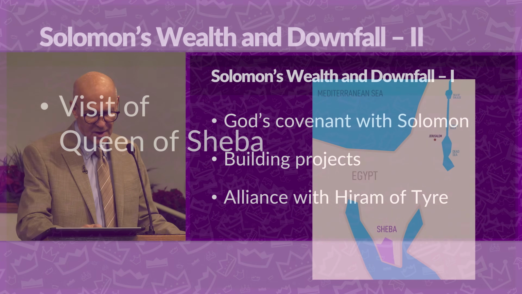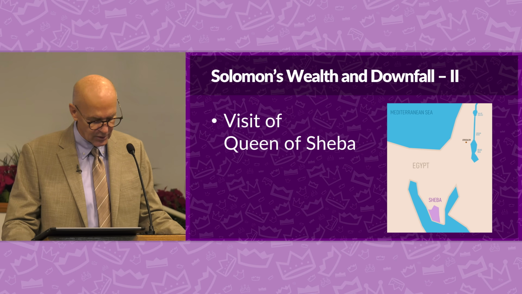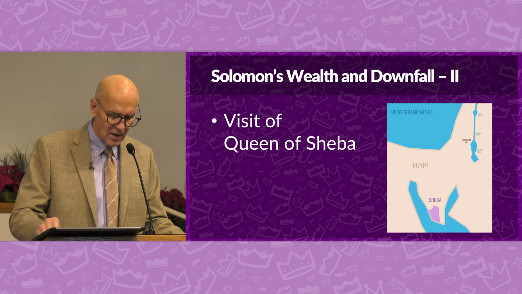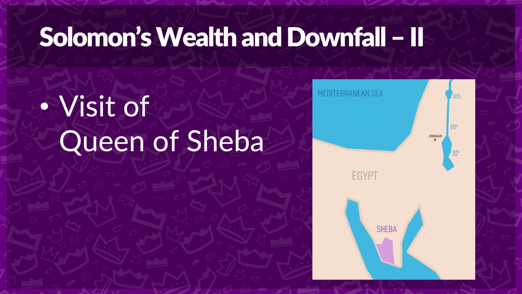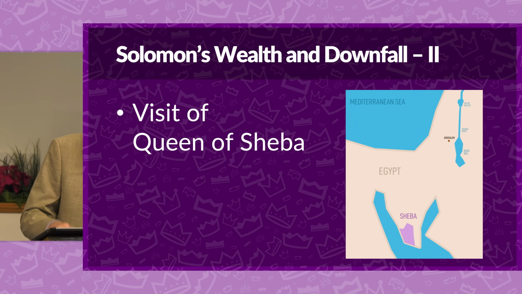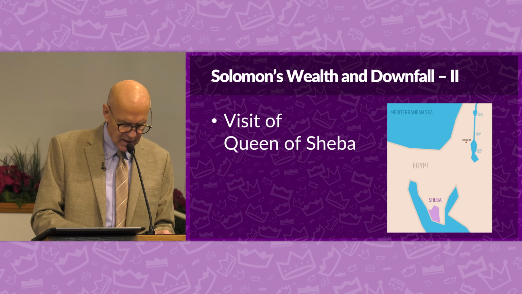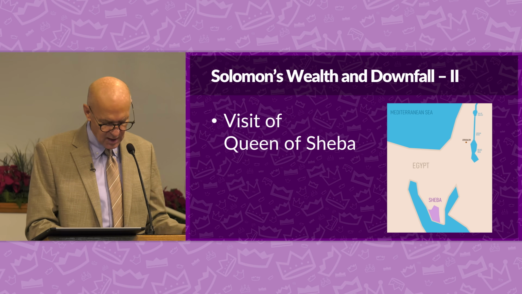Chapter 10 talks about Solomon's wealth, his extraordinary wealth, his international fame, and his relationships with foreign powers. But it also sets the stage for his eventual downfall. The Queen of Sheba, we see on the map where Sheba is located there. The Queen of Sheba visits Solomon, attracted by his wisdom and the prosperity of his kingdom. She brings gifts of gold and spices and special stones. And after testing Solomon's wisdom and seeing the wealth of his court, she praises God and Solomon for the prosperity